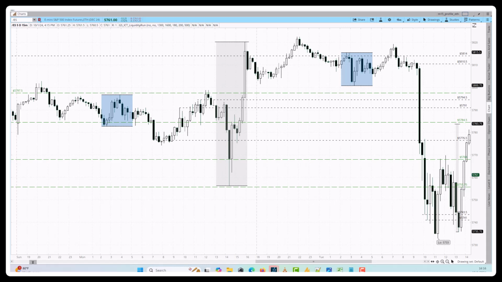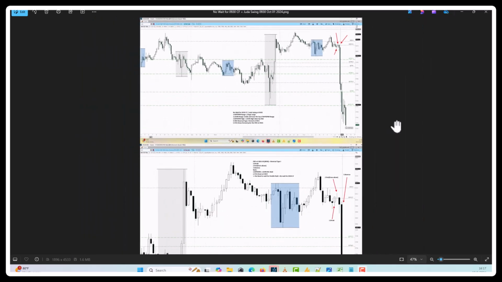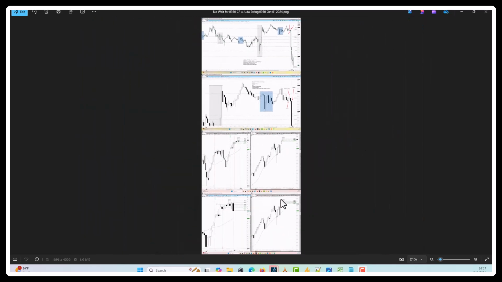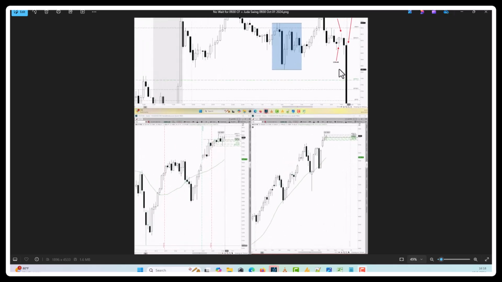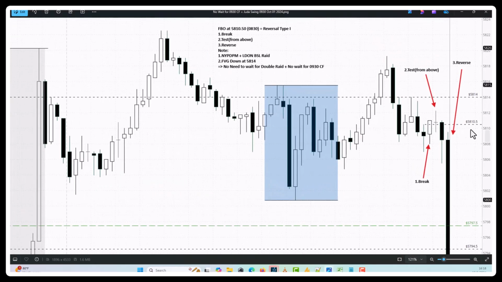Let's look at the write up we have. All right, this is the write up we have for today. So you see that right there we have a 4 breakout type 1 reversal. It's a high level. If we want to go to detail, that's right here. It's a detail right here. We dip down to detail. You can see at that level right there, 58, 10, 50, and this is the candle